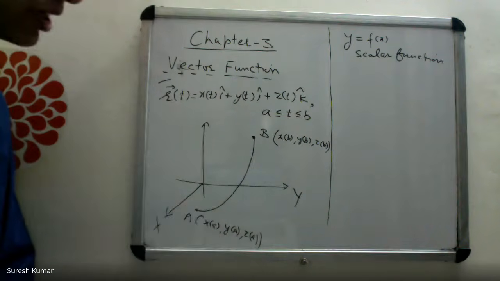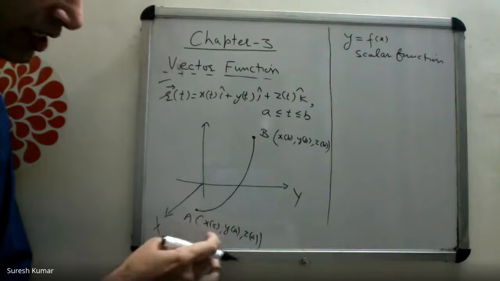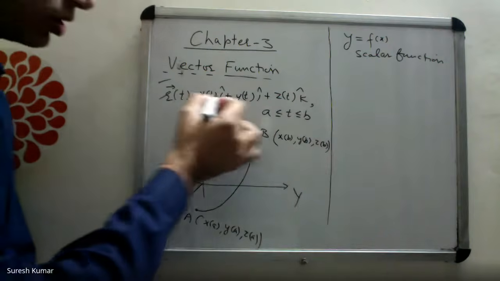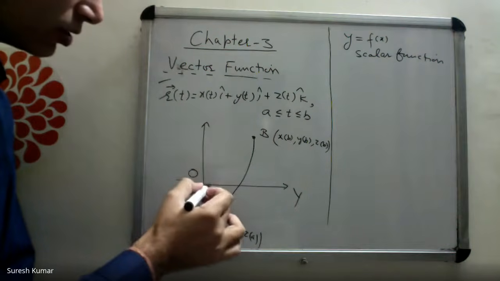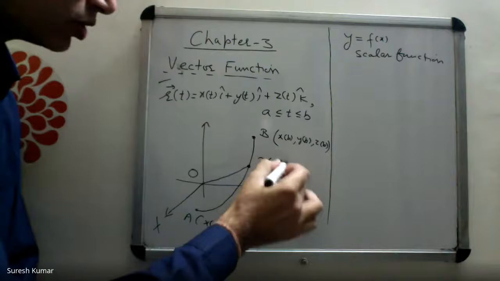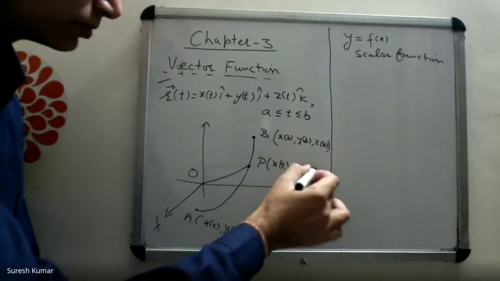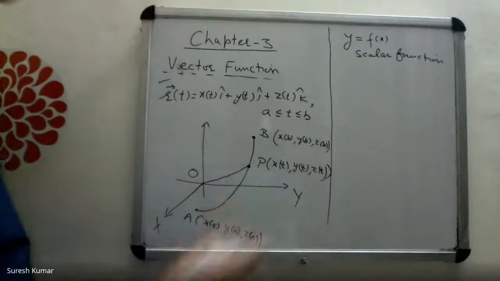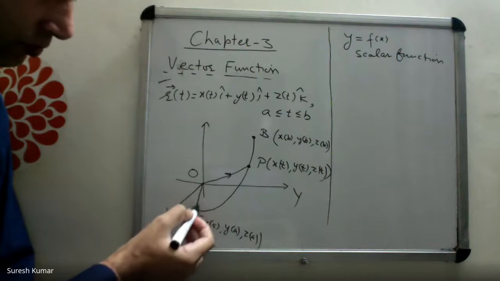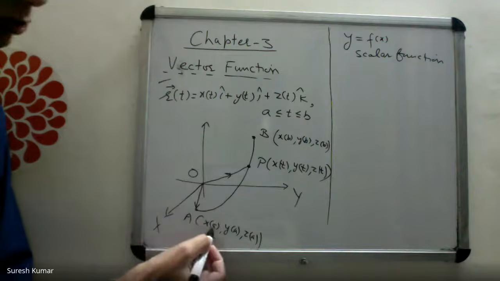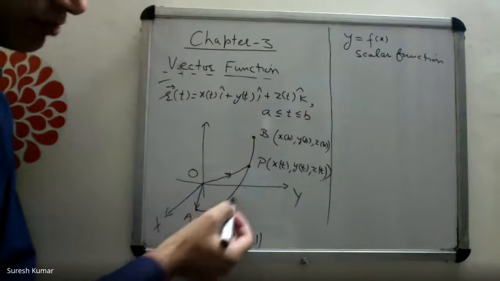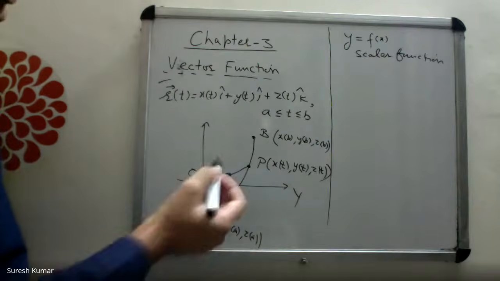So if x(t), y(t), z(t) are continuous functions on this interval, then geometrically this vector function represents a 3D curve, a curve in space starting from the point x(a), y(a), z(a), ending at the point x(b), y(b), z(b). You know this vector is nothing but the position vector of which point? Let's say general point with coordinates x(t), y(t), z(t). Hope you understand it. So this first point is position vector of which point? x(a), y(a), z(a). So as you keep on increasing t, you are getting various points and you are joining them to get the curve in 3D space.